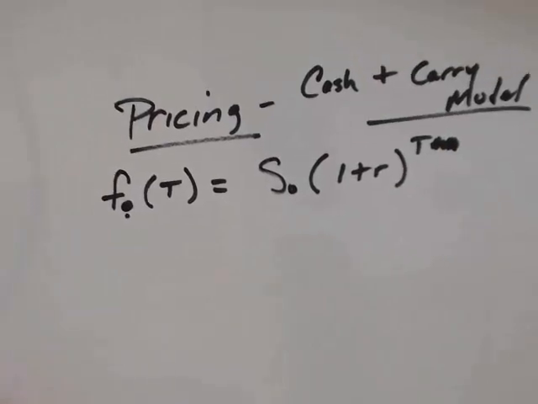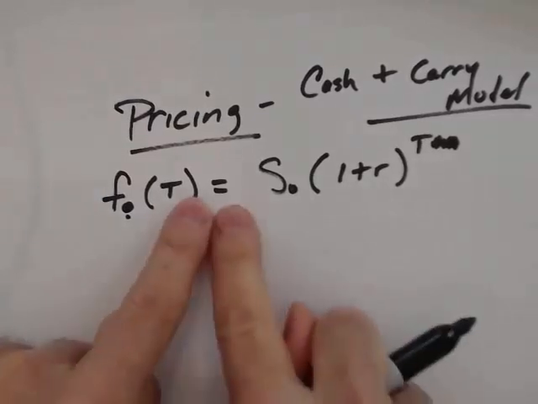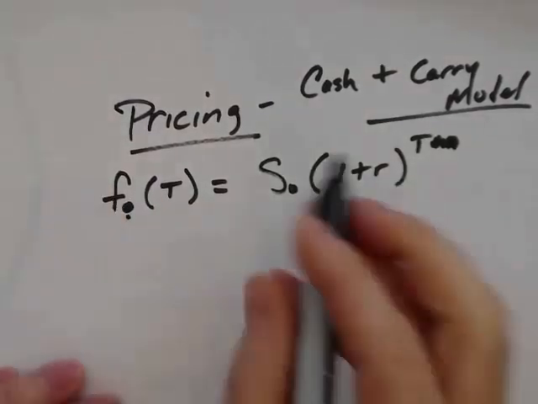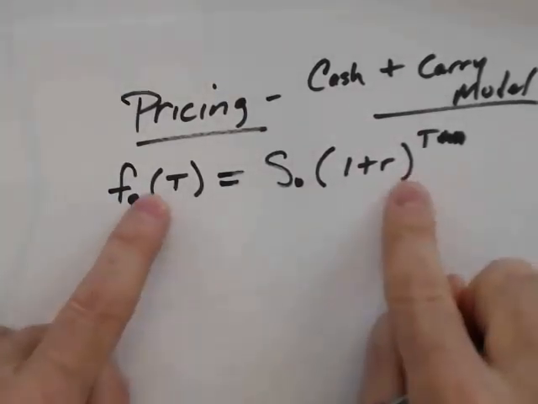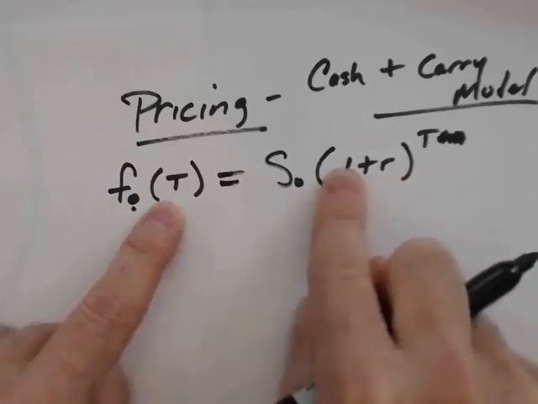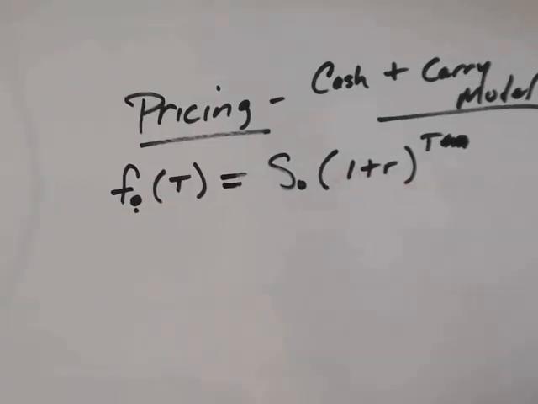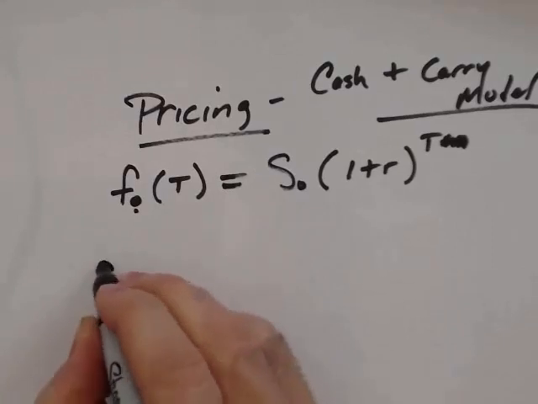The concept of cash and carry is very intuitive, and it's probably best to develop this formula, with this equal sign, through a couple of examples, and I'll show you how this formula comes about. So the example I have on page 5 of my notes says, suppose the futures price of corn for 1 year delivery is $8 a bushel. So the futures price